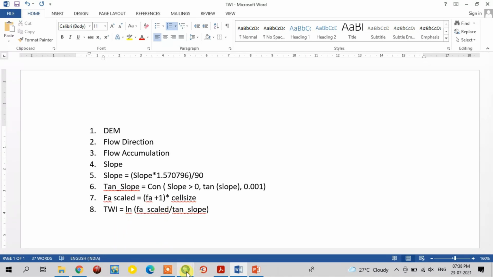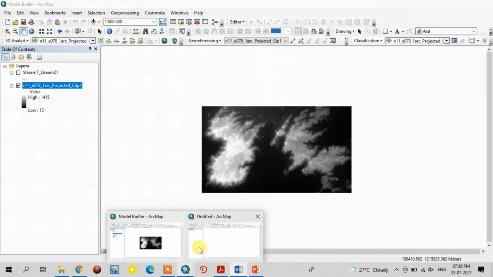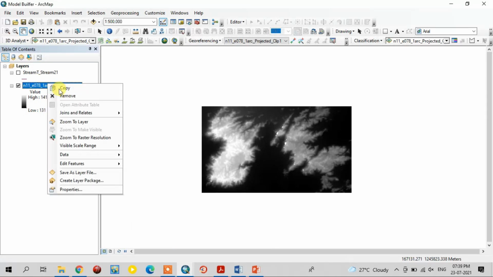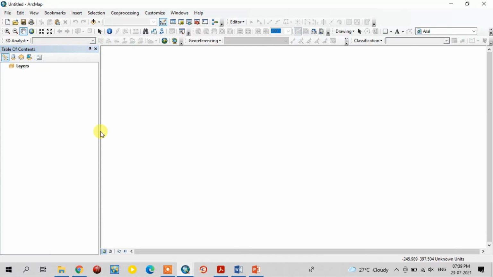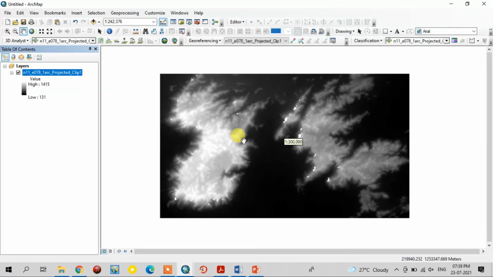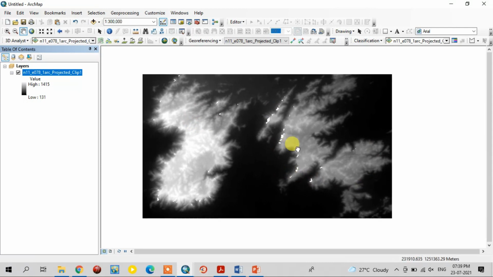Let's do the process one by one. This is the digital elevation model data I have downloaded from the Earth Explorer website. Using this data, first I am going to create the flow direction map.